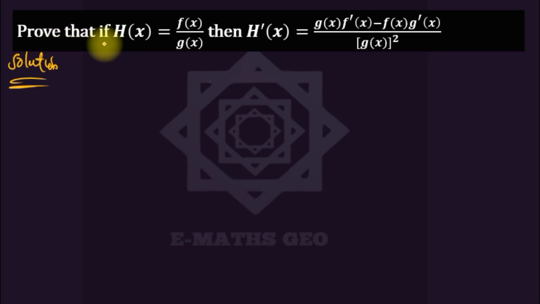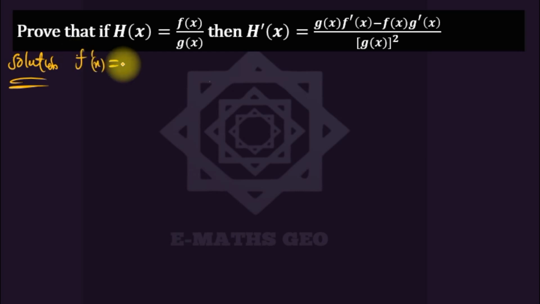So we are asked to prove that if h of x is equal to f of x over g of x, then the derivative is this. This is called the quotient rule. We're asked to prove the quotient rule. But before then, if you could remember,